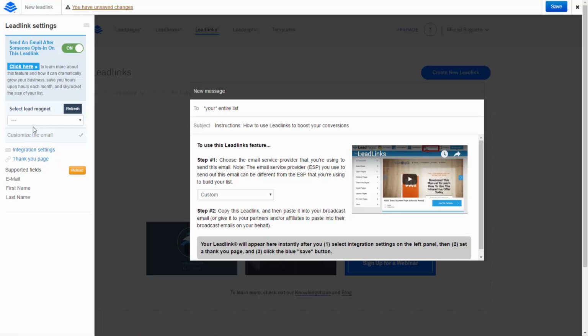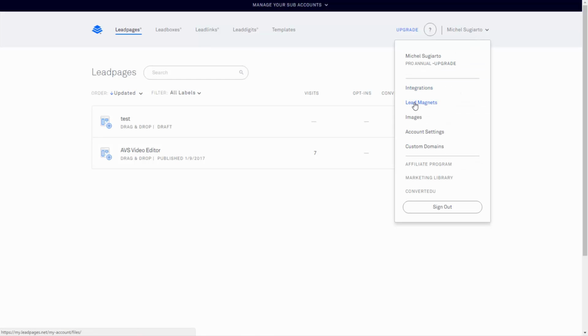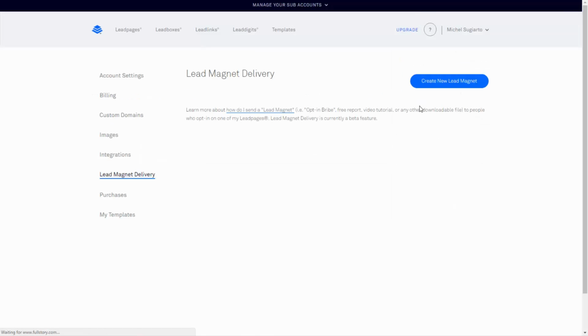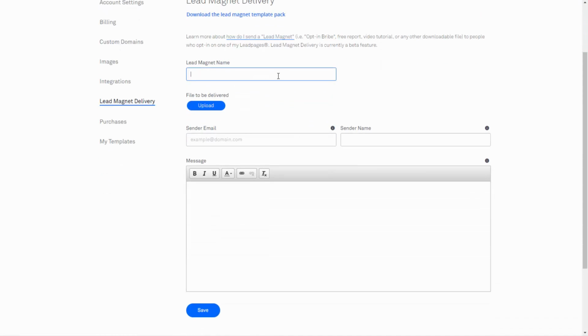Now to create your lead magnet, we're going to go ahead and go back to the main page for Leadpages, and I'll show you how to create your lead magnet. So from the main page here on the Leadpages site, go ahead and click on your username, and click on Lead Magnets. Now go ahead and click on Create New Lead Magnet,